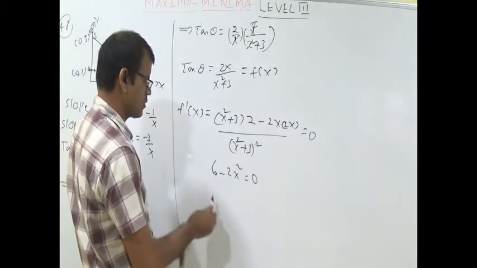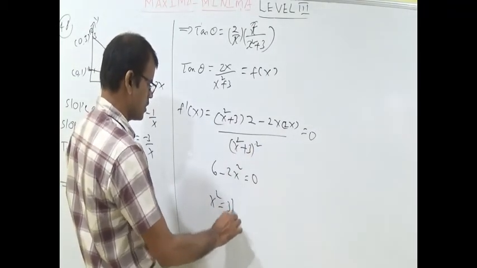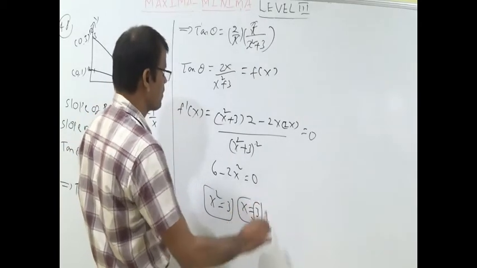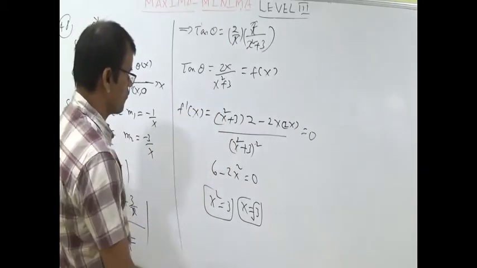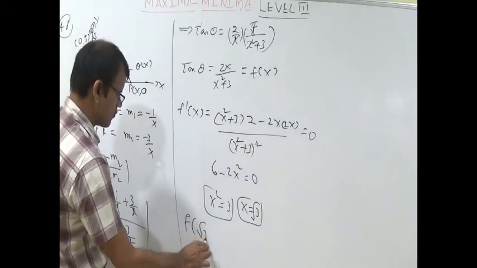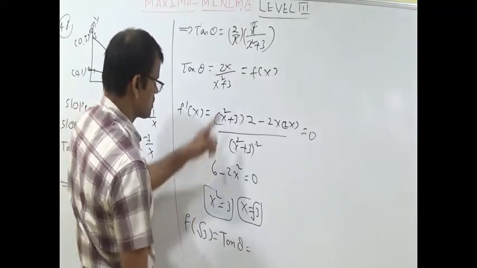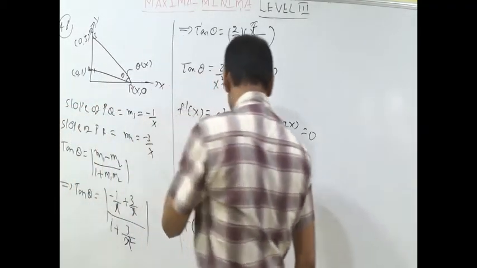6 minus 2x square equal to 0. 3 minus x square equal to 0. X square is equal to 3. You can write x is equal to root 3. Substitute here. F of root 3 I am writing. F of root 3 is nothing but tan theta. Substitute tan theta here. So it becomes 2 root 3 by